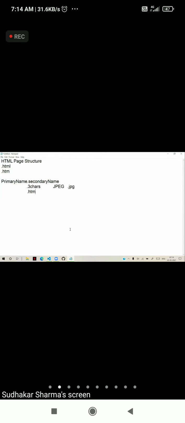Okay. After understanding the HTML file extension, secondly, now in the HTML page structure, HTML starts with 2 important options.